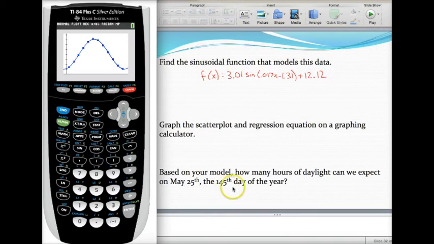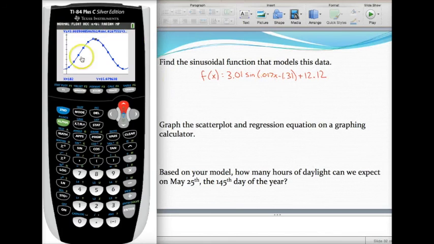Well, one way to do this, just algebraically, would be to take 145 as your x value and just plug it in your equation, and that would get you your answer just fine. Otherwise, I'll show you a way you can do this with your graph, which you could also do something with your table too. But one way to do this would be to hit trace. And then we want to make sure we're on our graph, our curve. Right now I'm on the data. It says I'm on plot 1. So if you press up or down, it'll change, and now it says I'm on Y1,